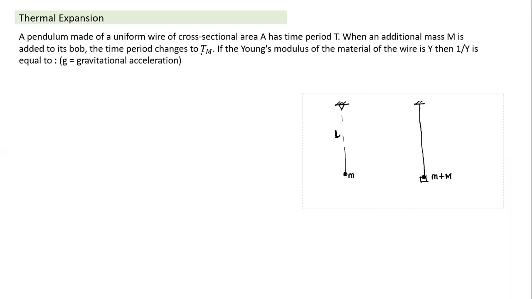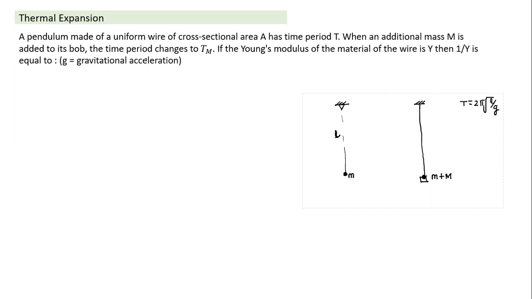The time period changes. Now, when we read the question the first time, it may come to our mind, okay, time period is independent of mass. T is equal to 2 pi root L by g. So why is the time period changing? The mass doesn't come anywhere in the equation. But very clearly, you notice here, Young's modulus is given. So immediately what we should understand here is, as we attach a mass here, the mass will change its length, it will produce extension. And as the length changes, time period will change. Rest all is very simple. Let's apply this case here.